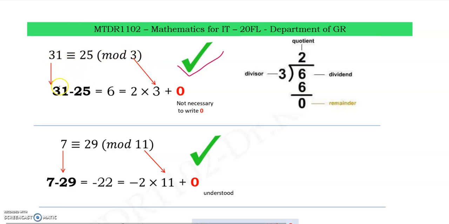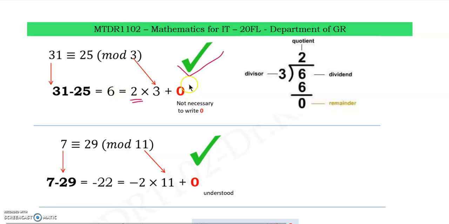See, you take the first number 31 minus the second number 25, you find the difference, that is equal to 6. After writing 6, you have to check whether it is possible to write 6 as a multiple of 3. From where do we get this 3? This is given in the congruent, that is modulo. See here modulo is 3. So now 2 multiply 3. Is it possible to write 6 as a multiple of 3? Yes, we can write, because 2 multiply 3 is exactly 6,